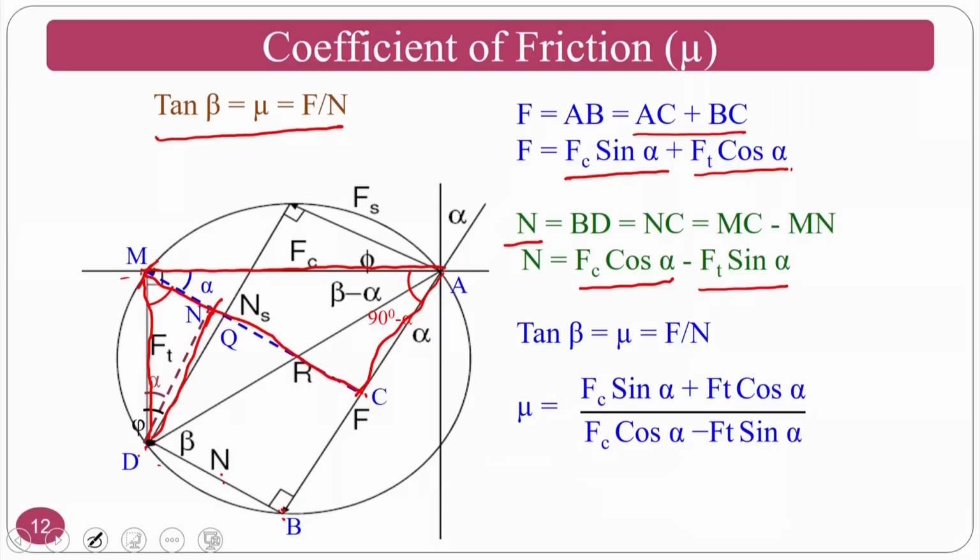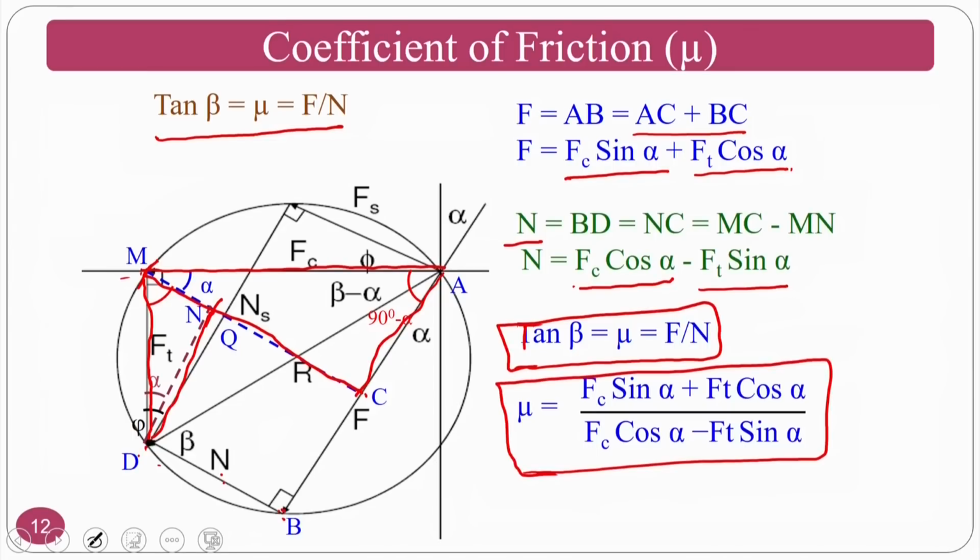So Ft sin alpha. Now we have known values: Fc is known to us, Ft is known to us because Ft and Fc are measured, and alpha is the rake angle of the tool. So now I can calculate the frictional force as well as normal to the frictional force. If I know these, I can calculate the coefficient of friction. This is the final term: Fc sin alpha plus Ft cos alpha by Fc cos alpha minus Ft sin alpha. This is the final equation where all are known to me and I can calculate the coefficient of